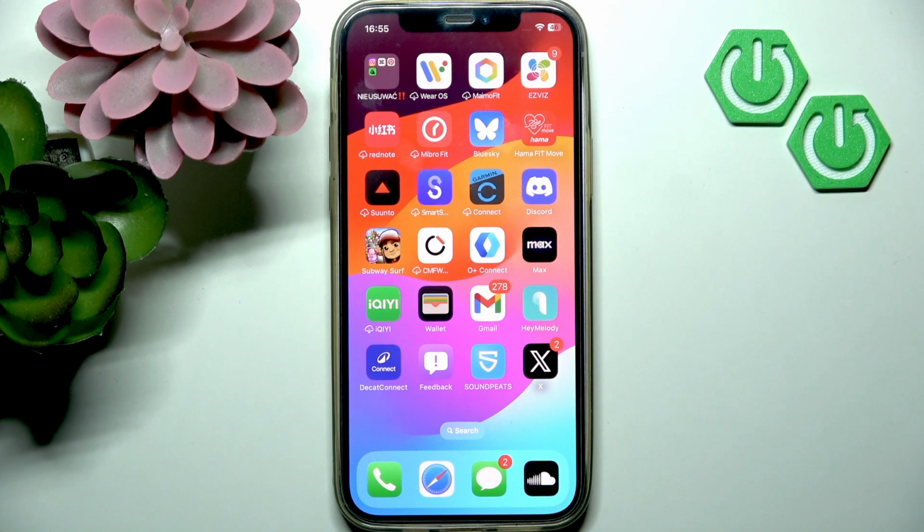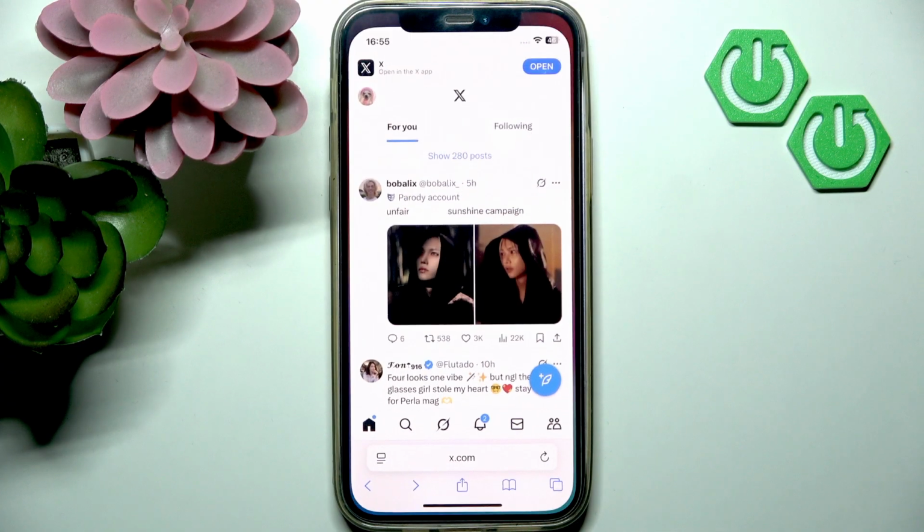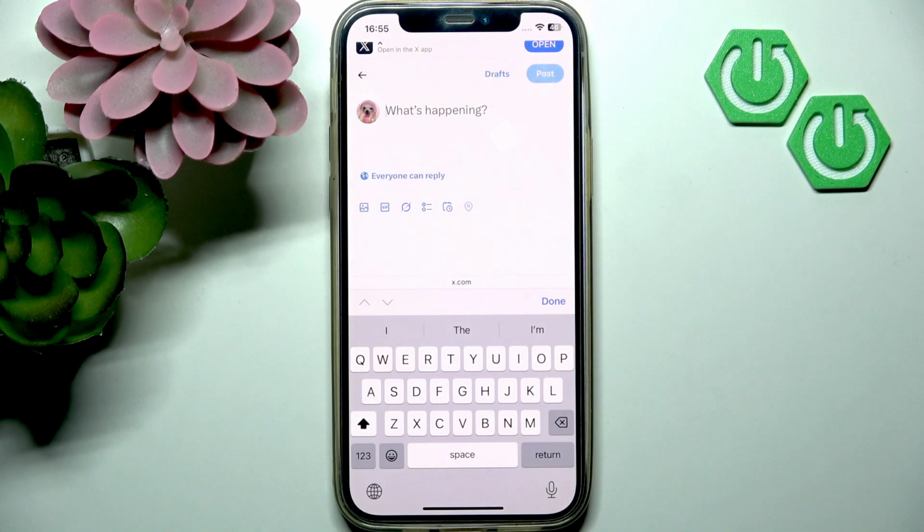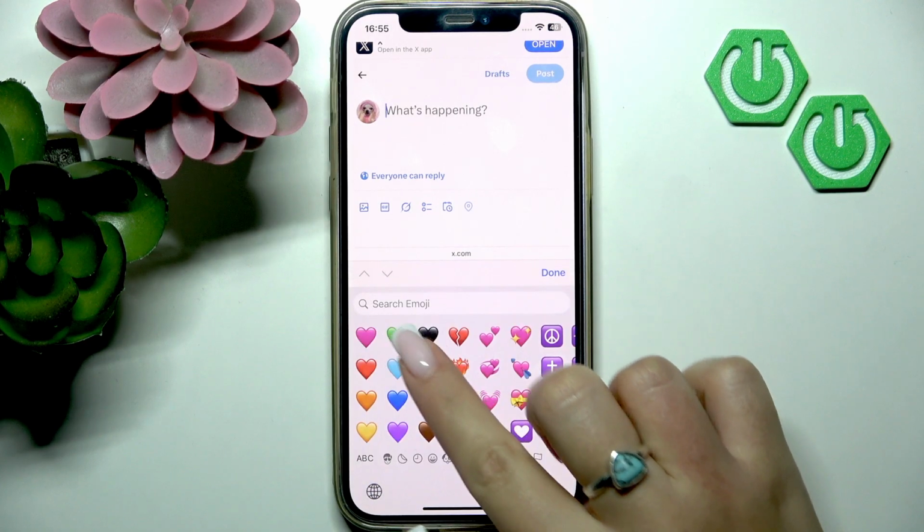So for this you should use your preferred browsing system instead of using the X application. So open x.com, log into your X account, and now in the bottom right corner of your screen you want to tap this blue plus button to start writing a post as usual. So let's type something,